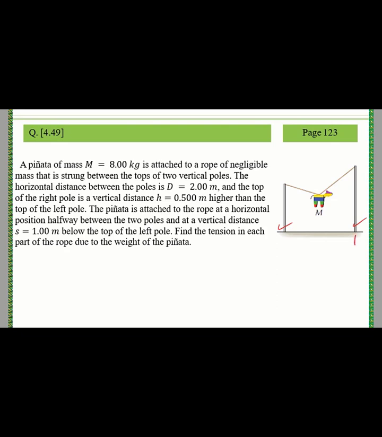This distance is d, and it is equal to 2 meters. And the top of the right pole is a vertical distance h higher than the top of the left pole. So here there is difference in the elevation between them. This distance is h